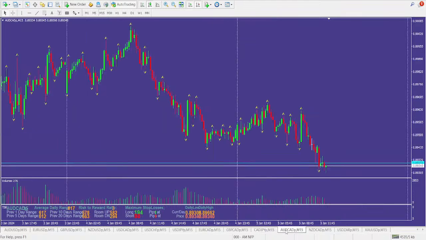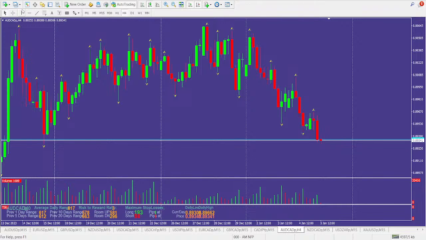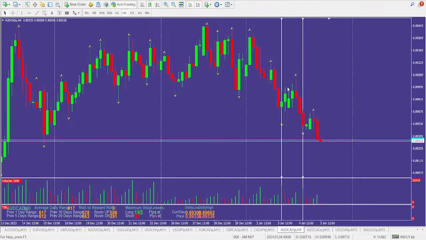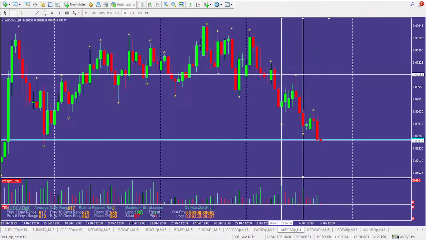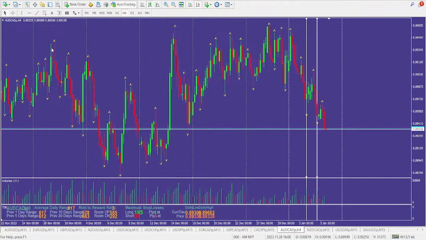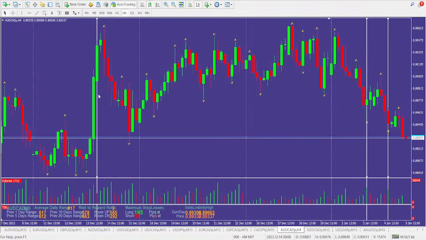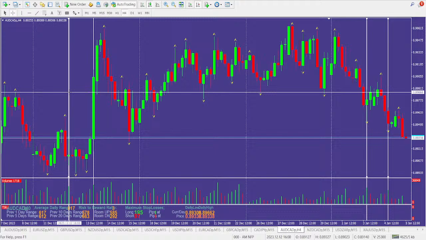Next will be AUDCAD. So for our time frame, identify potential supply and demand level clues. Got potential supply over here, another potential supply over here. And now demand will be this level down here, and then potentially this level down here,